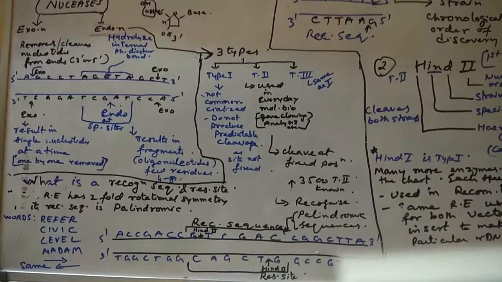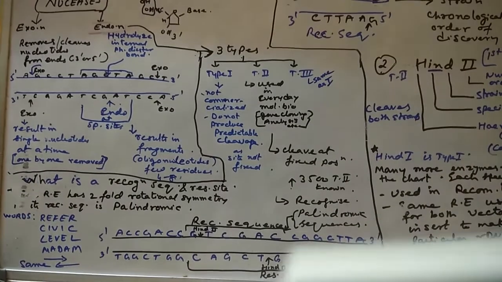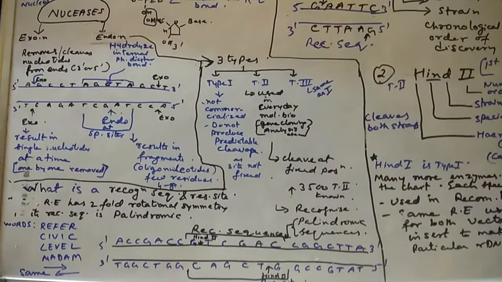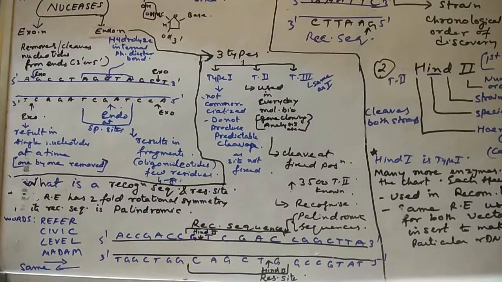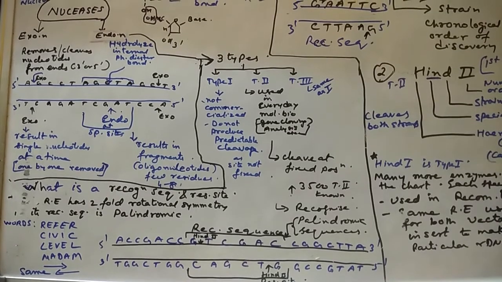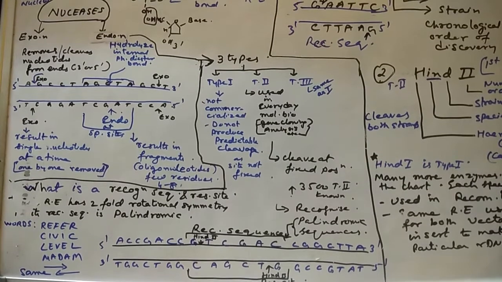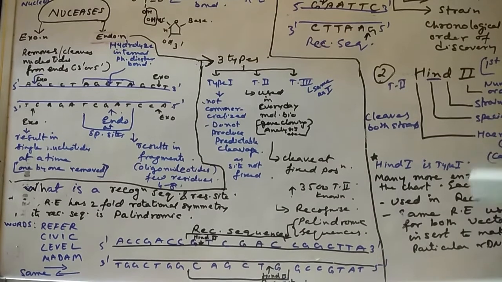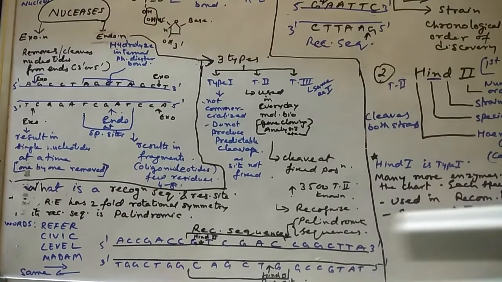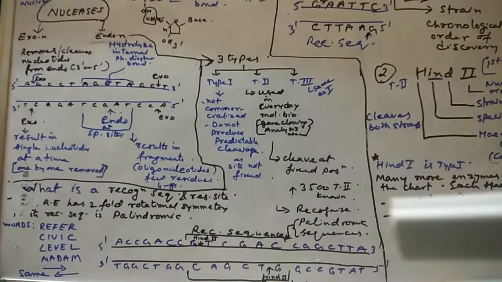Okay, now notice one more thing in this sequence. You see the upper strand and you see the lower strand. Both the strands have the same sequence when read in the same orientation, 5' to 3'. See the upper strand, it reads GTC, GAC, and the lower strand you read 5' to 3', GTC, GAC.